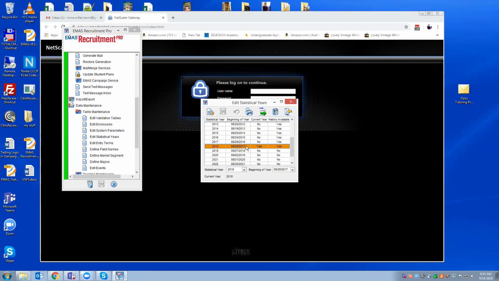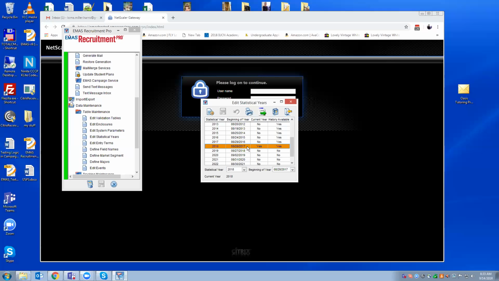It's a date that signifies that you are closing out the previous recruiting. You haven't necessarily completed it yet. Most likely you haven't completed it yet for your fall 2018 students, but you're now actively recruiting for fall 2019 or spring 2019, and you're starting the new year.